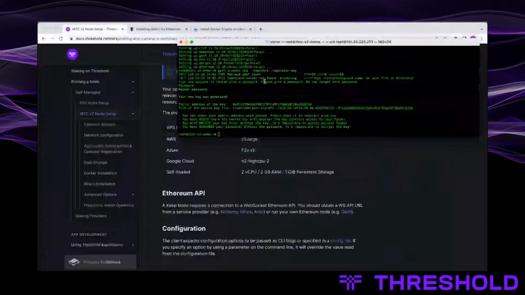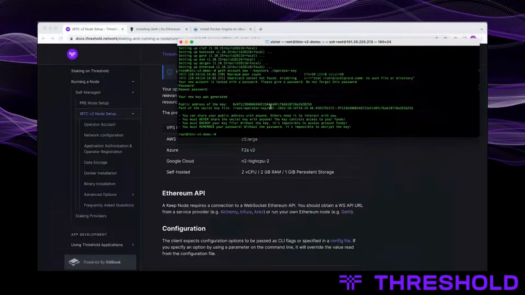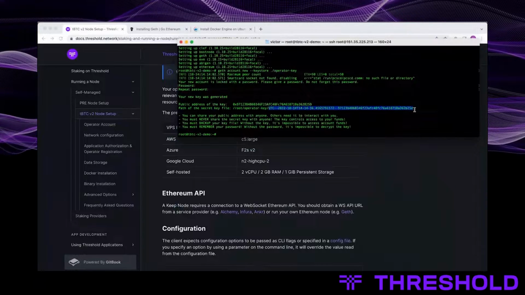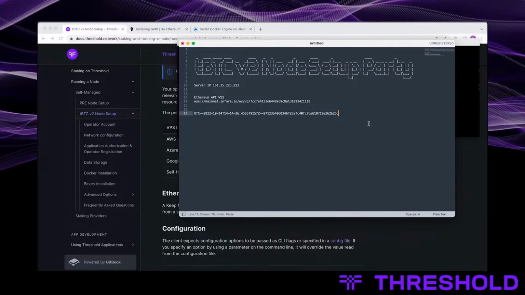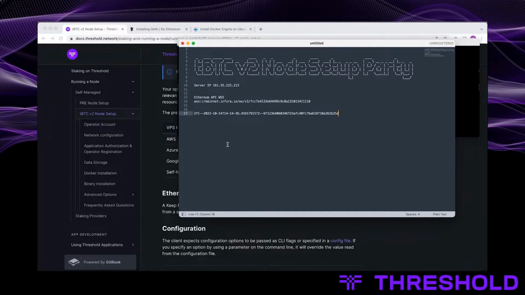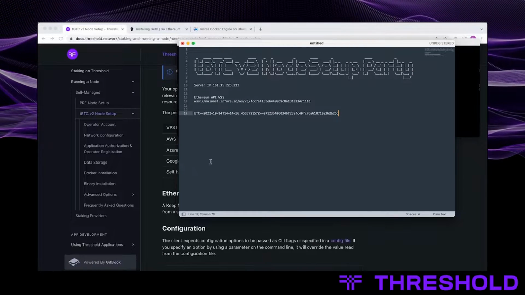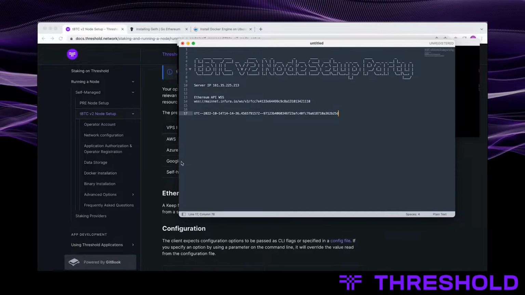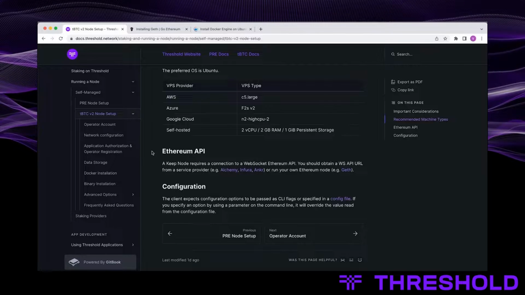So now we have an operator account and the key store file right here. I'm going to copy that for later. As far as operating system, I've used Ubuntu in the past with the Ethereum node. Is that a preference? Definitely recommendable. Ubuntu 20.04 is what I'm using, the long-term service version.